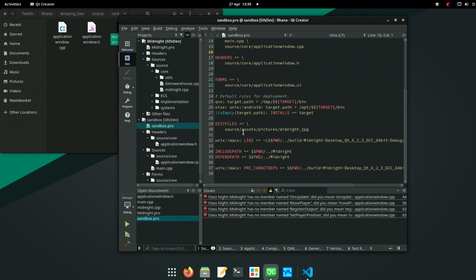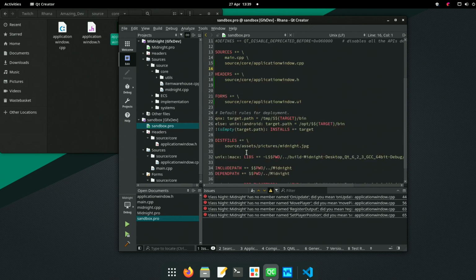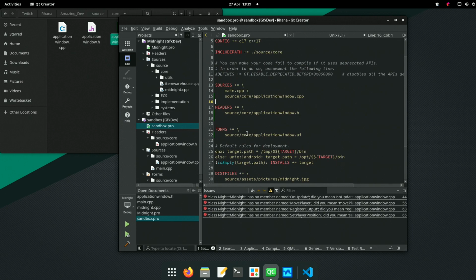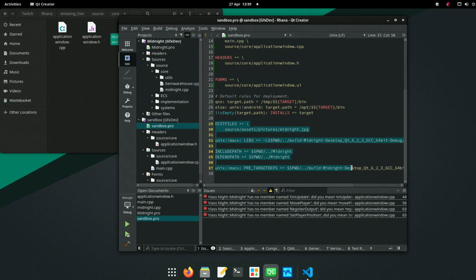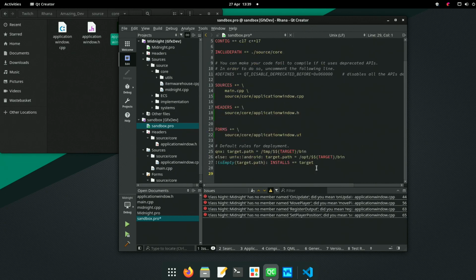Who's this? Source assets picture. Midnight, that's coming from somewhere else. This is ours, and this is external. Okay. Alright, we'll do that again then.